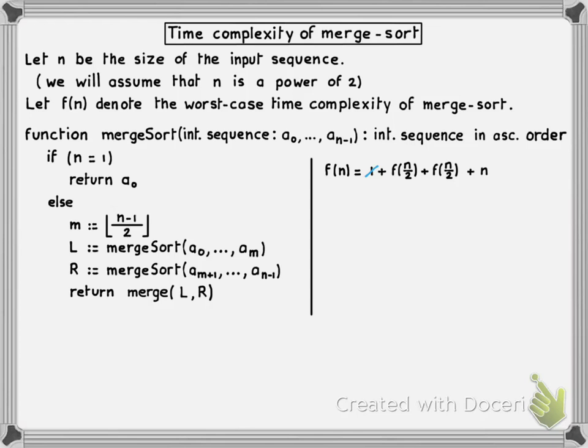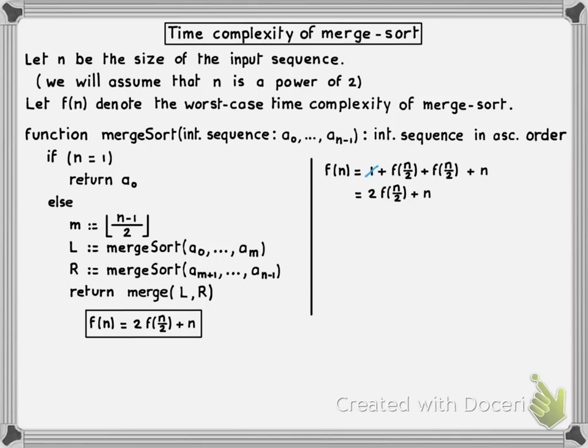So we can finally rewrite f of n as 2 times f of n over 2 plus n. This is our recursive definition for f of n. We're going to use it repeatedly, so let's record that on the side here. So, what do we do next? Well, what we would really like to get is a closed form formula for f of n, not a recursive definition. So we're going to use the iterative method to replace this term